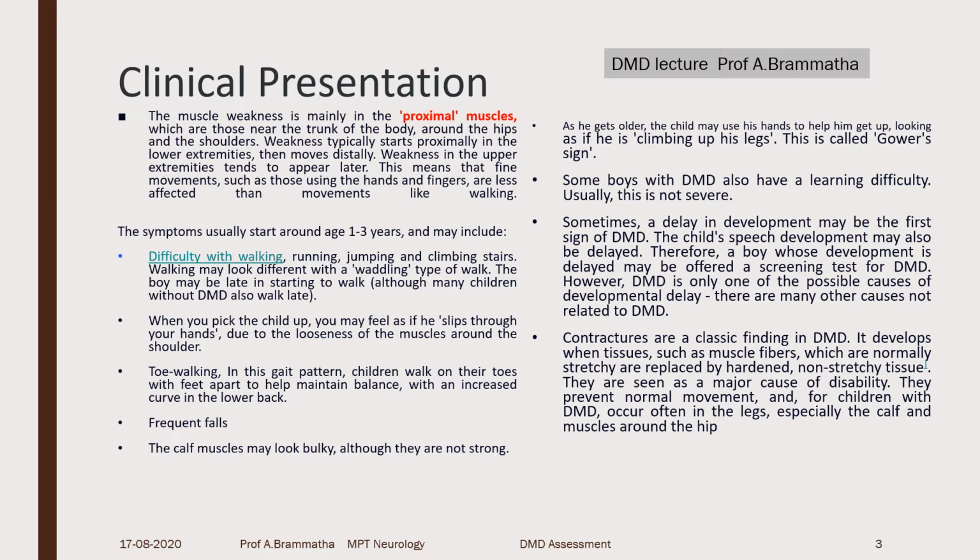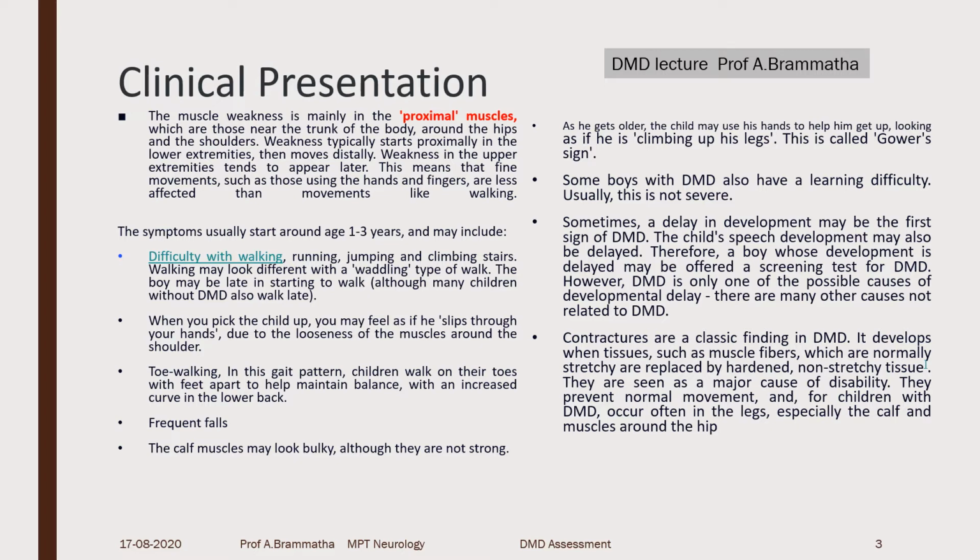Initially there will be fat infiltration, which looks like a hypertrophy, but it is not a real hypertrophy. It is pseudo hypertrophy. And coming into the muscle weakness, when it is more at the trunk level, you can see lordosis on standing, and the trunk will be thrown back to displace the COG behind the vertebral column to maintain the child's balance.